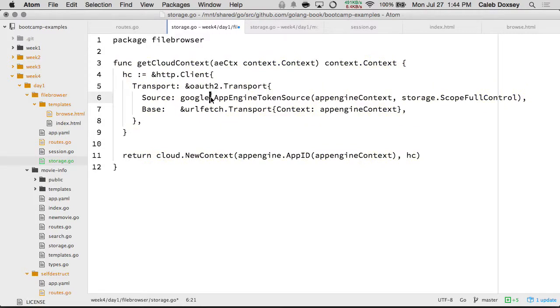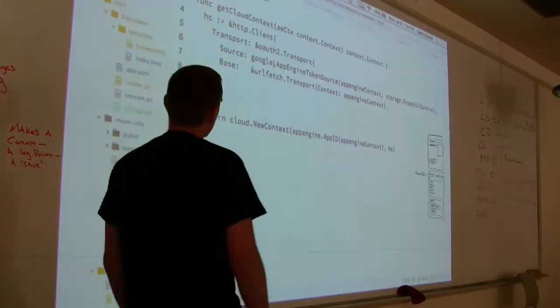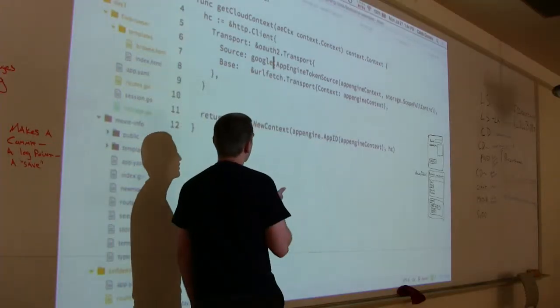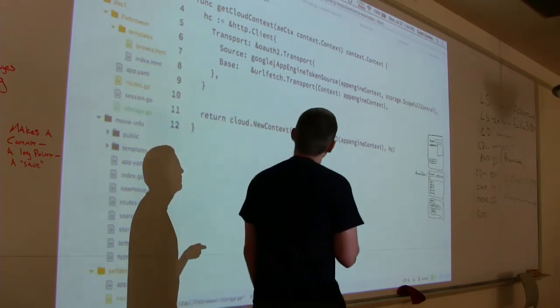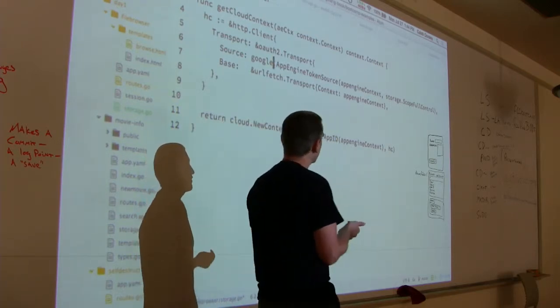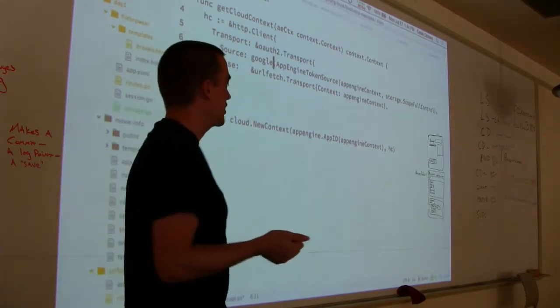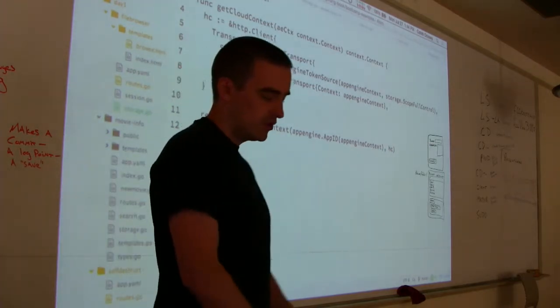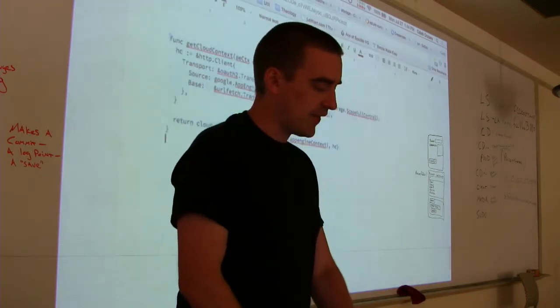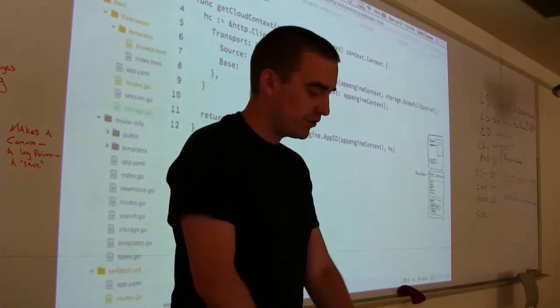Okay, so instead of pulling it out of the App Engine token source, we're going to create a different token source. The token source is going to be a JWT token source, and that's like JSON. It's a JSON file, right? And that's the file I gave you. So if we look at the docs,